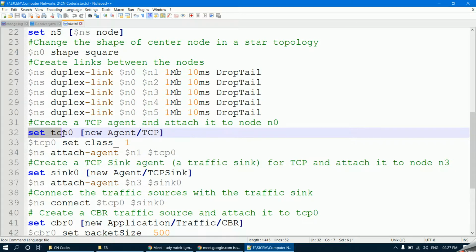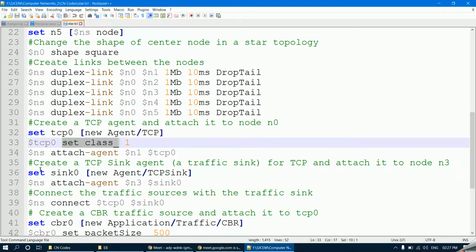Okay. So here, what is the next part? This is the creation of the TCP agent. Set tcp0 because we need it for node 0. Then dollar symbol tcp0, you set the class value of this particular TCP agent equal to 1. And you are attaching this agent to node 0.